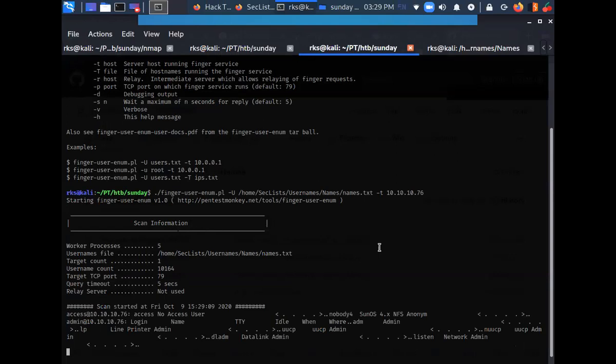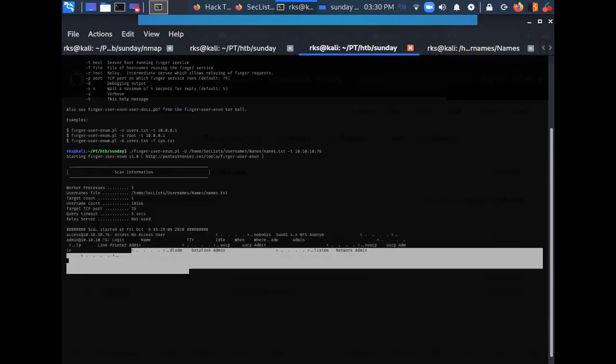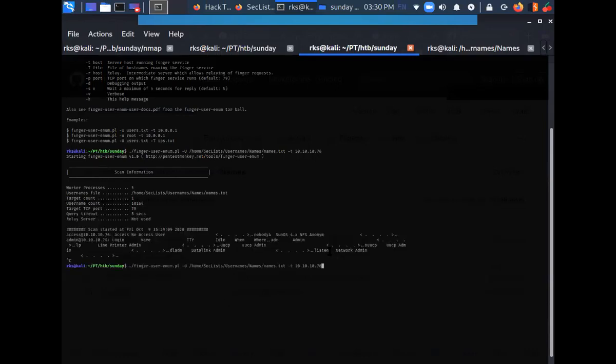So the output here is a little messed up. I believe this is happening because of the line breaks. Let's do one thing.